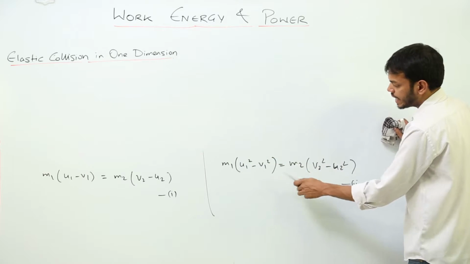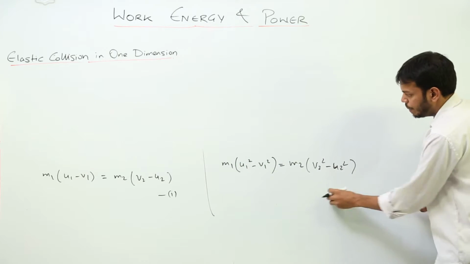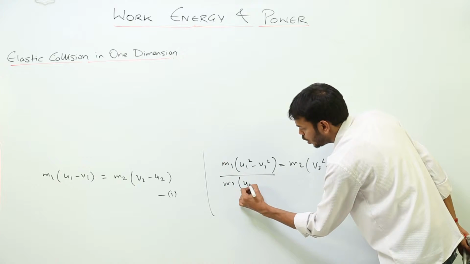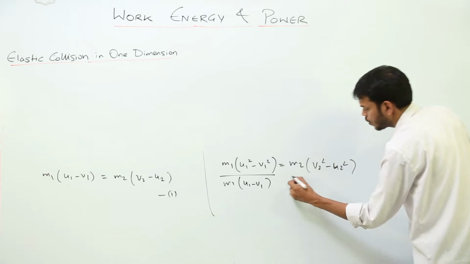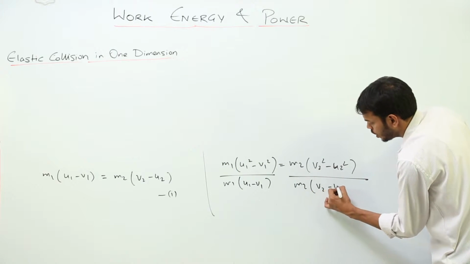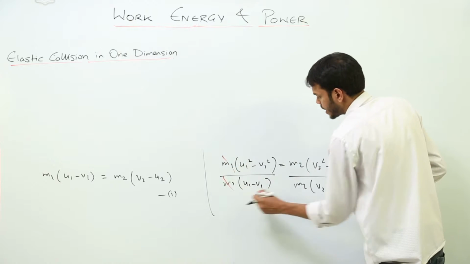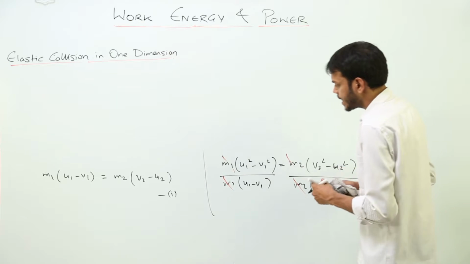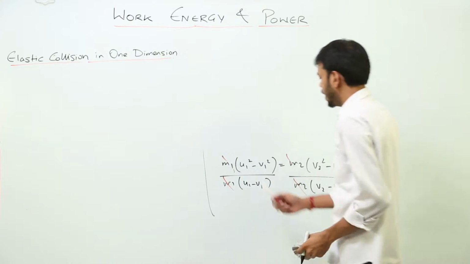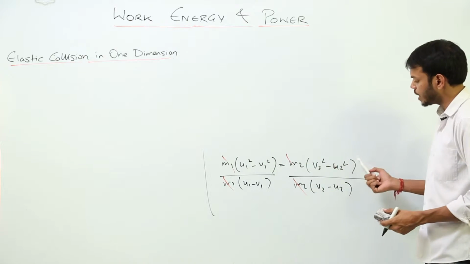It will save a lot of your time as well as your marks, okay? I want to divide this equation with that equation. So dividing these two equations, I'll be left with this over m1 (u1 minus v1), equal to this over m2 (v2 minus u2), right? From here, these two terms get cancelled out, these two terms also get cancelled out, and we will be left with (u1 square minus v1 square) over (u1 minus v1),